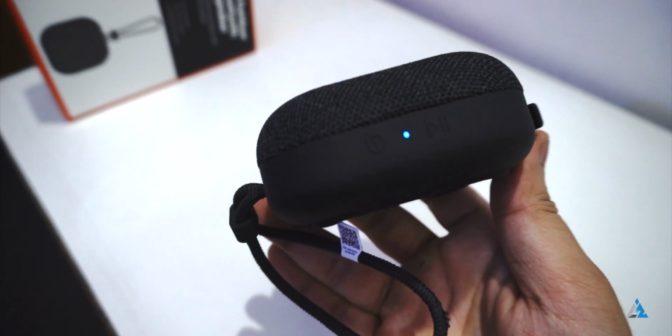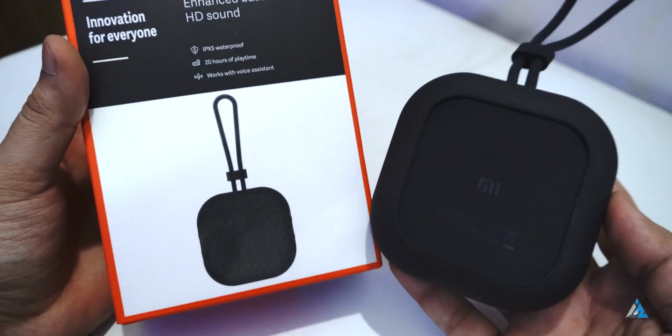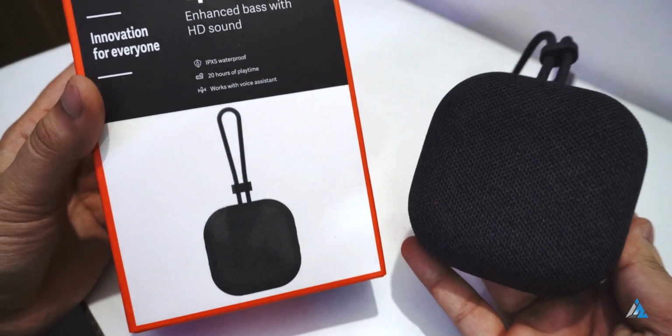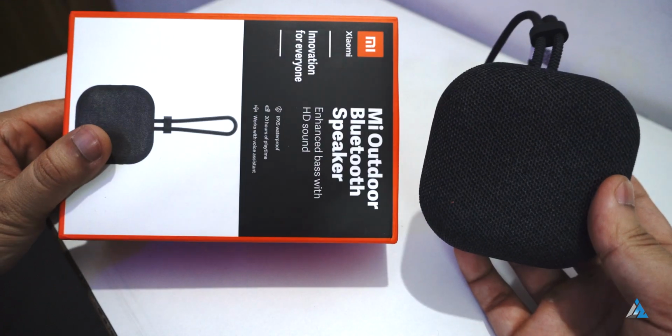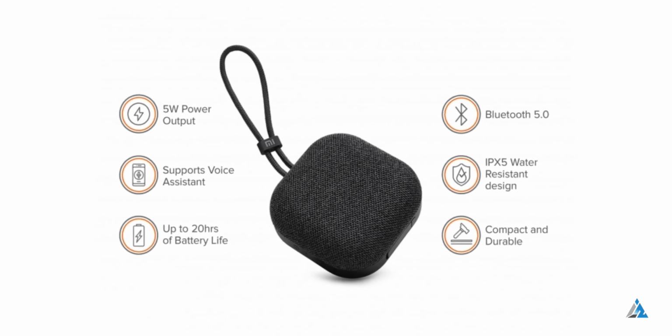The lanyard cable is also of pretty sturdy quality. It weighs around 210 grams. You get around 20 hours of battery life as claimed by Xiaomi, but I found the battery life to be good enough. It comes with a 2000 mAh battery on the inside, and in my usage I found that I was able to use it up to 3 days on sporadic usage sessions,